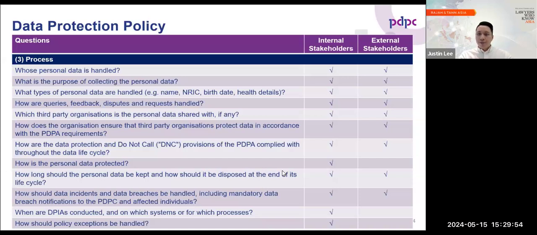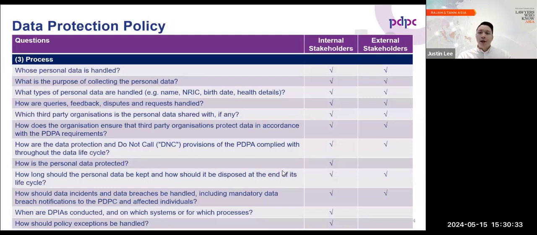Similarly, if I'm going to rely on deemed consent by notification to obtain consent, instead of obtaining express consent from them, I notify them, I send them an email, for example, and say that if you don't reply to me by this date, you will be deemed to have consented to my collecting your personal data for this purpose. And because the consent is being collected via a deeming mechanism rather than express consent, there's the expectation that